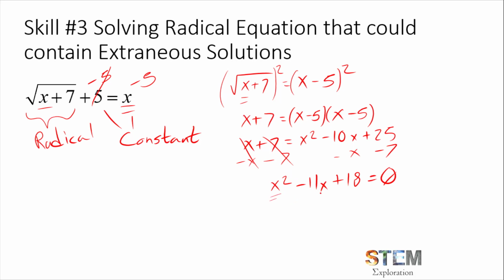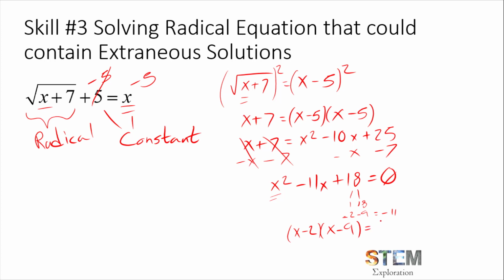All right, and I'm looking at this particular instance, I'm going, all right, there's 1 and 18, there's 2 and 9. Ooh, there's 2 and 9, negative 2 and negative 9. And we can take these two factors, add them together, and see that we get negative 11. And we have two factors that we can factor out here. So this quadratic, if we go and separate it out, will be x minus 2 times x minus 9